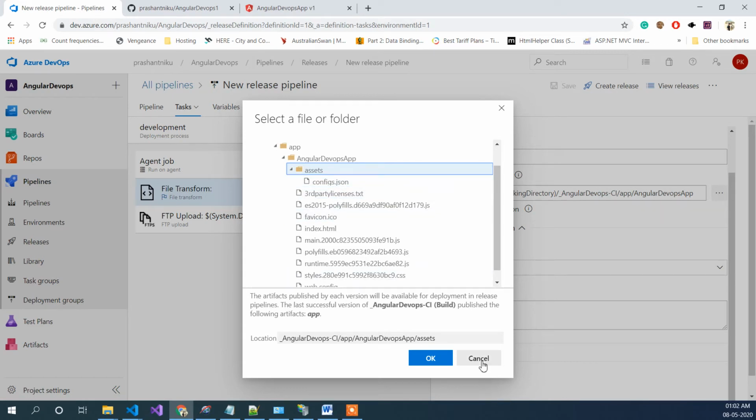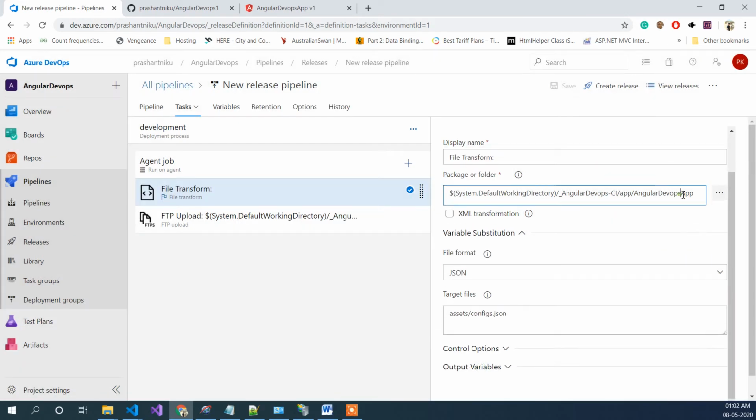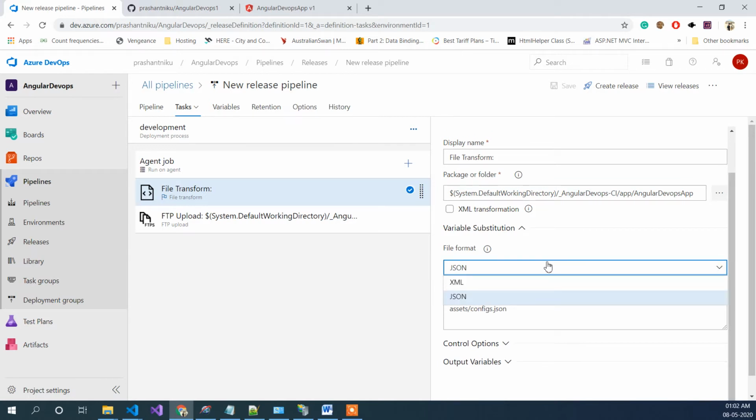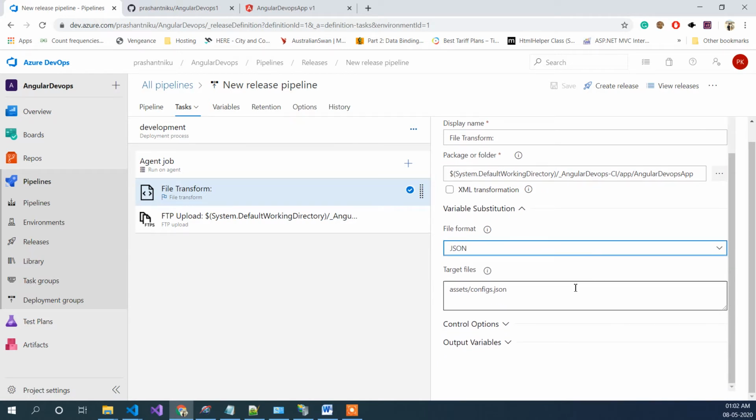So I have just taken up to this path, and because it will search recursively, it will get inside that assets folder, and inside this we are using the file format as JSON, and target files, I have mentioned here, assets.config.json.